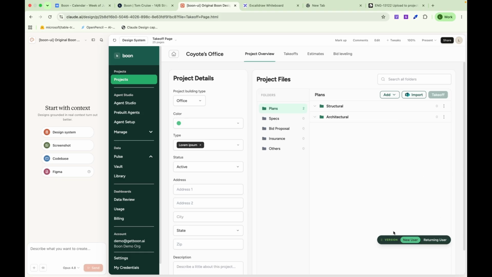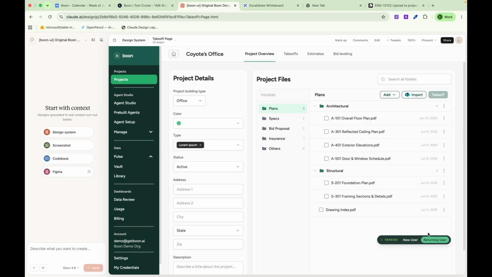So when we switch on the returning user, this is an example of the state when the user has a set of drawing plans, and then to proceed to the next step, which is the takeoff, the user only needs to select the files with the checkbox, and then the takeoff button will be active, and they can press it to move to the takeoff